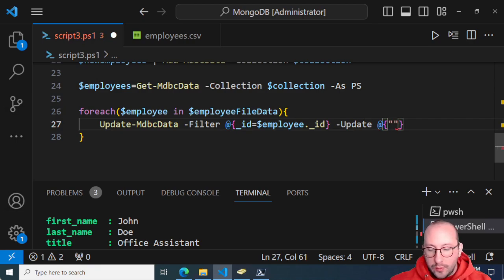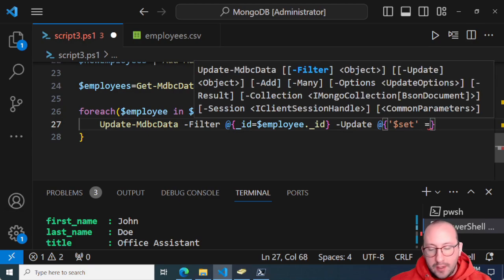And we're going to use, we need to use the single quotes in this option. Now, this is very important. It needs to be single quotes because we cannot read the $set as a $ variable. It can't be seen as a variable here. So we have the $set here, and we're going to do equals, and we are going to do another